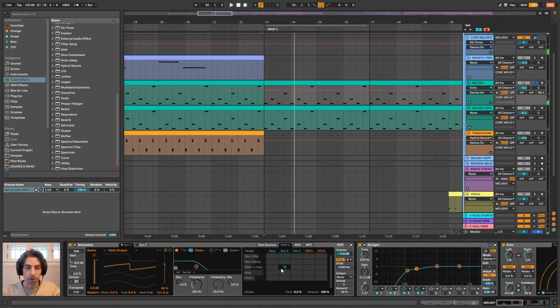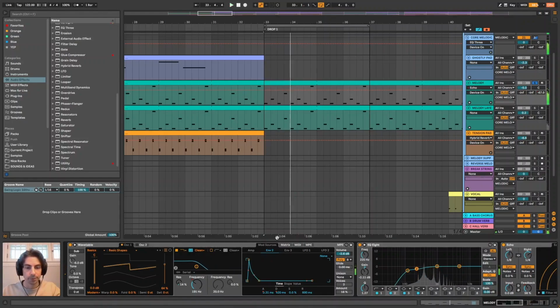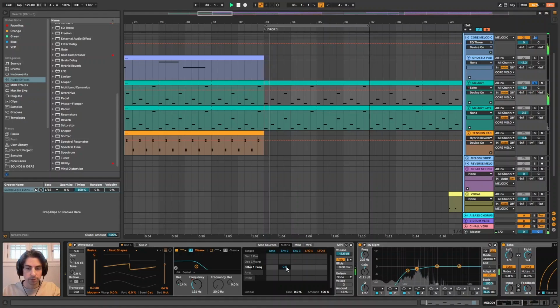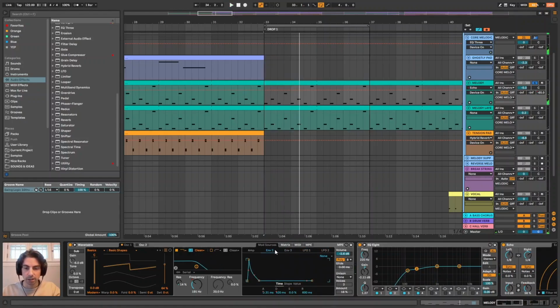Again, matrix here. Whenever the attack goes off, it's going to boost the filter to the right, allowing more frequencies to come in, and then it pulls back. That gives it that nice plucky sharp attack. So we got the oscillator there, some EQ,